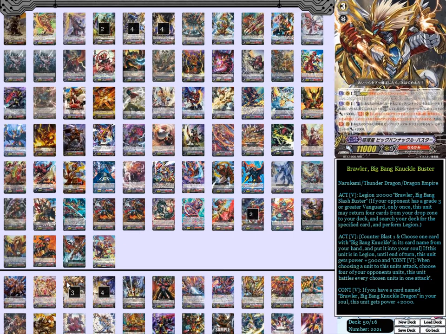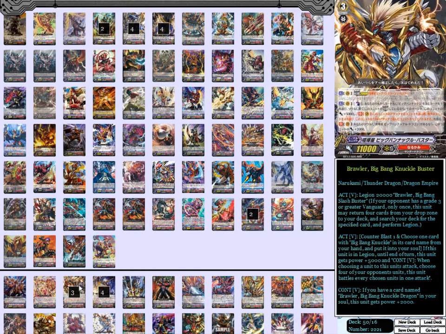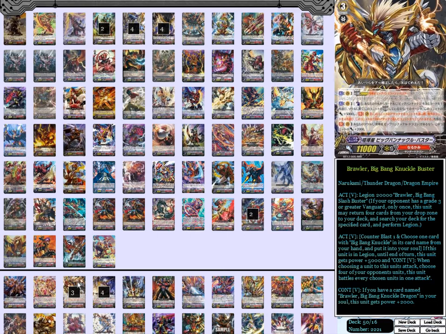And also it continues on the Vanguard Circle with a card named Brawler Big Bang Knuckle Dragon, which is its precursor unit, this one. In your soul, it gains a continuous plus 2,000 power at all times. So ideally, you're gonna put the precursor unit, this one of course, into your soul with his skill. That way he's 13, well technically 23 at the time of attacking, and well now he'd be 28, 34, and again,